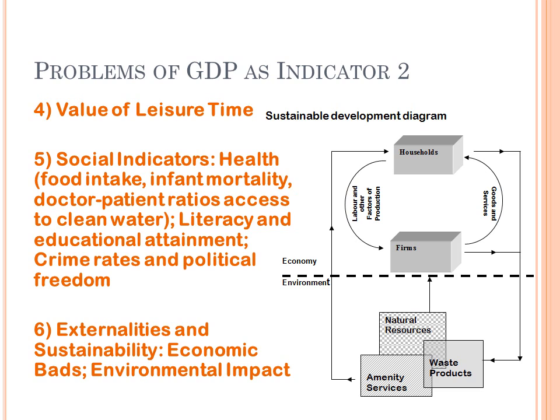And the final issue here, as a problem of GDP, and particularly the growth of GDP as an indicator of development, is the question about whether our economic growth is sustainable. This is something that requires quite a lot of thought, and the syllabus gives quite a lot of emphasis to it. We'll say a little bit more later on about sustainability, but as far as GDP goes, remember that it measures the value of output, but some of that output might have very severe environmental externalities. They might even outweigh the value itself, so they're economic bads.